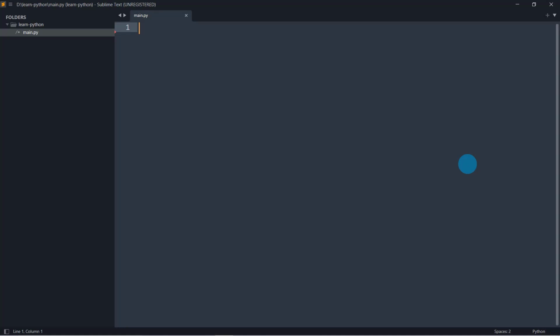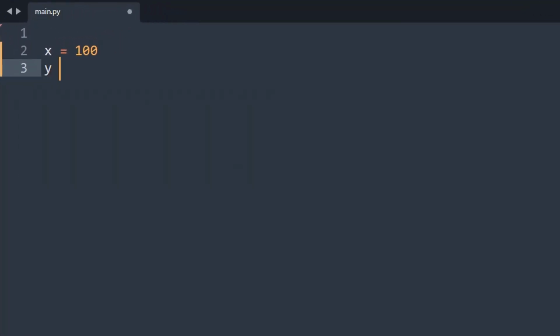Okay, now let's come to the code editor and see how the data types look. I'm writing some code here. Let's say x equal to 100, y equal to 123.45, name equal to, let's say, Suhas. Here I have stored the number 100 inside variable x.